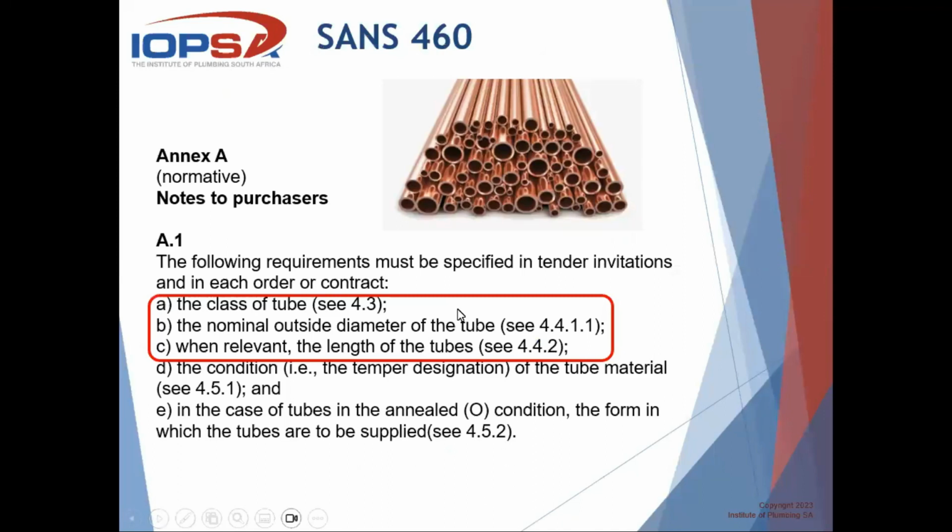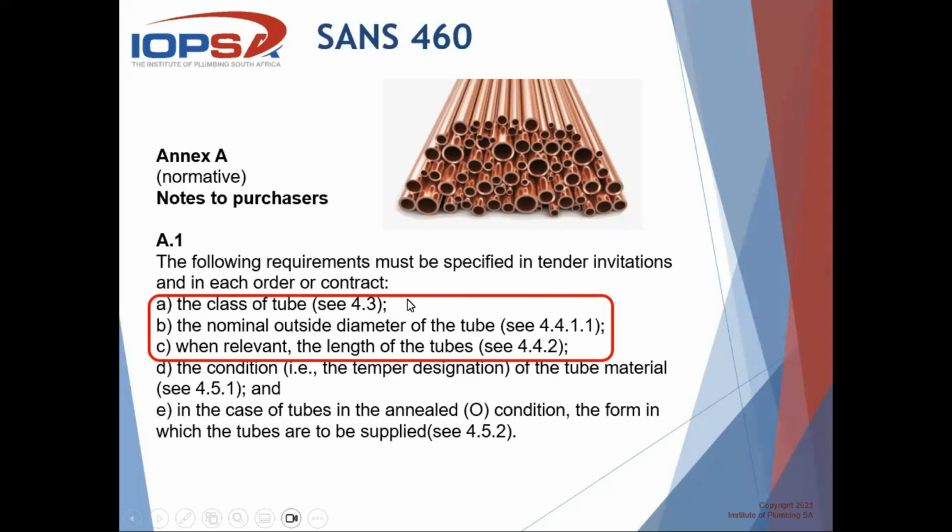And I think a last important thing that's also enforced under Annex A, which is normative, Steve. And what does normative mean? So it's not informative or an "if" or "must". It's almost a must. Yeah, like, you know, it's a requirement. Yeah, normative. So under Section A, it says the following requirements must be specified in tender invitations and in each